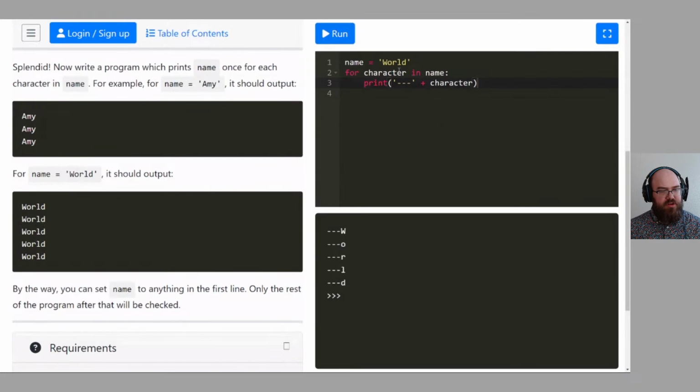Only the rest of the program after that will be checked. I'm just gonna keep it at world, if that works. But instead of printing character, well, one second. I wouldn't change the loop.